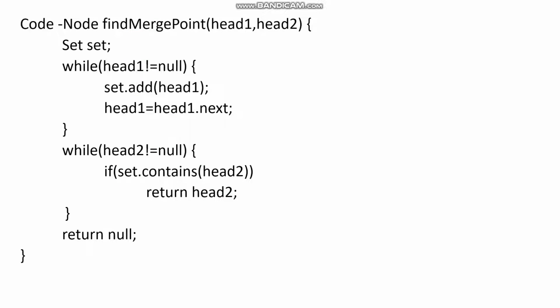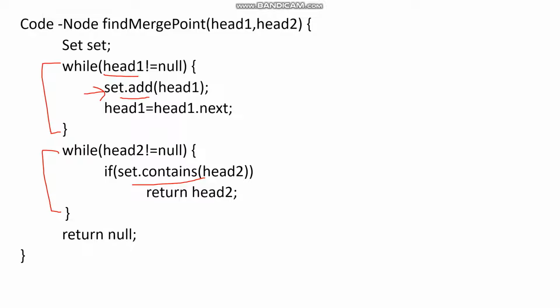So this is the code of this algorithm. Here we are preparing our hash table. Here it is a set. I am iterating over linked list 1 and putting all the nodes in the set. In the second loop I am iterating the other linked list, that is linked list 2, and at the same time I am checking in the set whether the nodes of the second linked list are already present in the set or not.